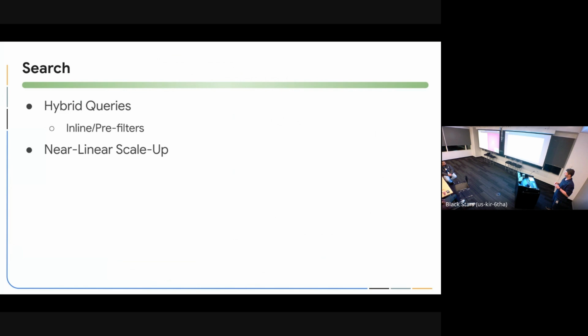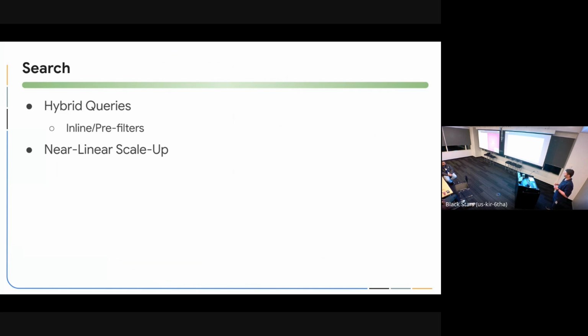One of them is what we call pre-filter, and the second one is inline. With pre-filter, we pre-filter the result set based on the filter, and then we do a brute force vector search on the